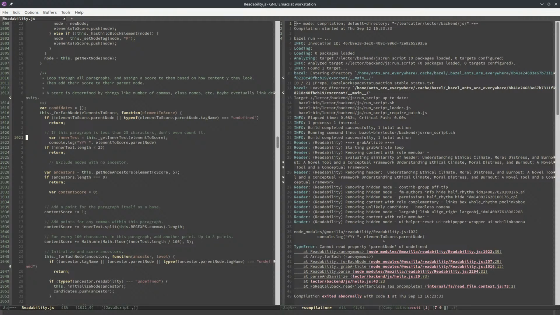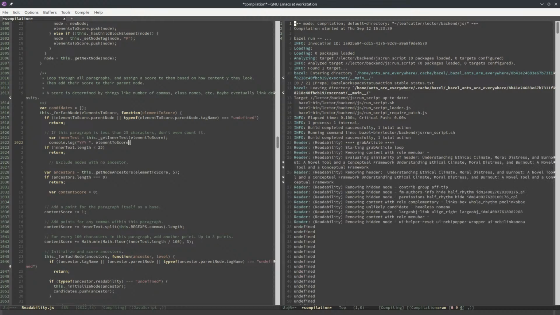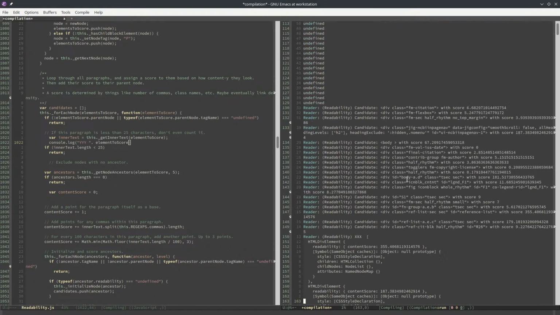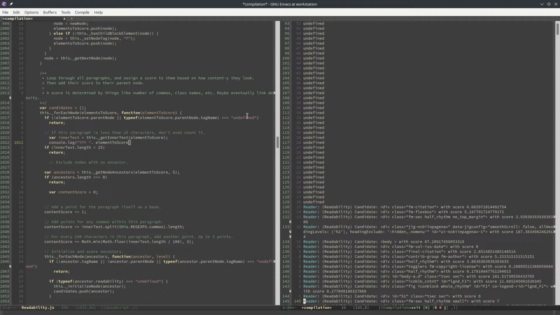I'm doing something really horribly wrong, but I just don't know what it is yet. We have a bunch of undefineds. Maybe they just ignore them here. If not element to score a parent node. So the first thing they do is